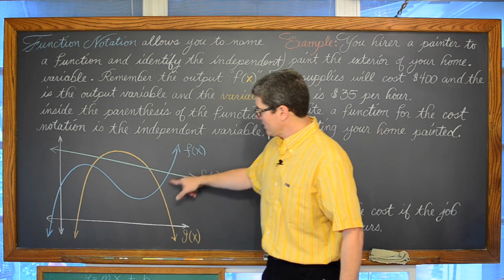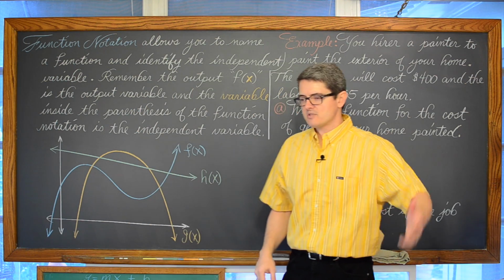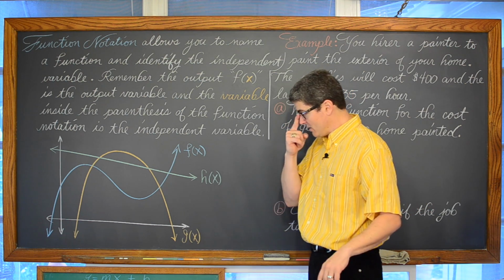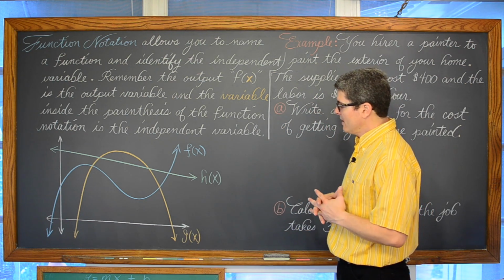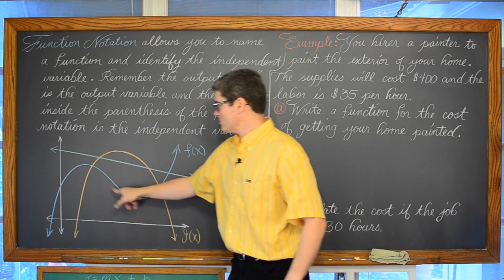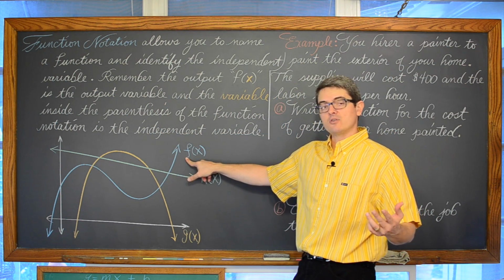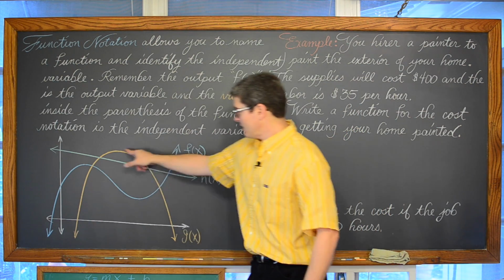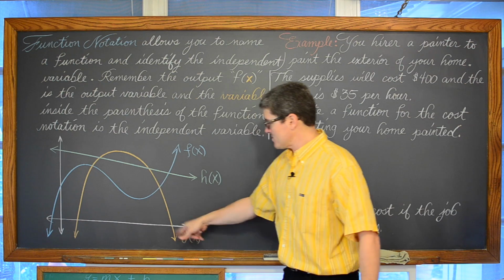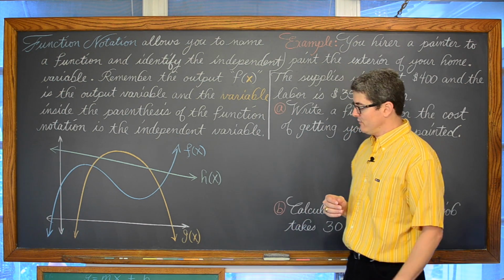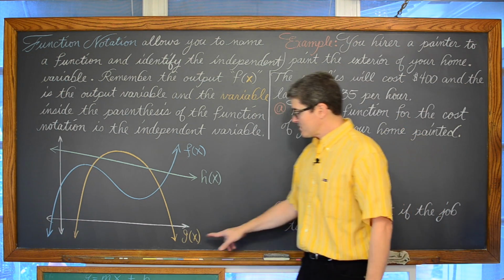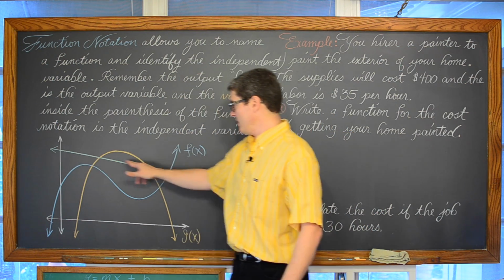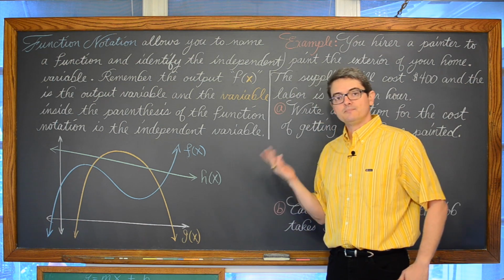So we've got what looks like a cubic function, and if you haven't studied cubic functions yet, don't worry, my students haven't either, unless they had a little taste of it in pre-algebra, which I kind of doubt. But we have a cubic function here drawn in blue. It's named function f, and the independent variable is x. We have an orange line that goes down to the left and goes down to the right. It looks like a parabola, if you've studied that yet, and it's going to be called function g. And then we have a straight line in green, and that's function h.